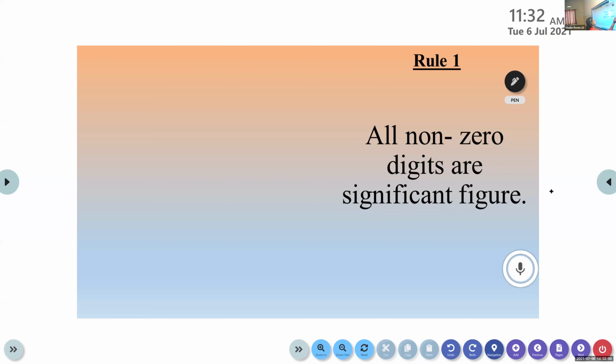This is your first rule. According to the first rule, all non-zero digits are significant figures. All non-zero digits are significant figures or significant digits. Here figure and digit are the same. You can use either significant figure or significant digit. For example,